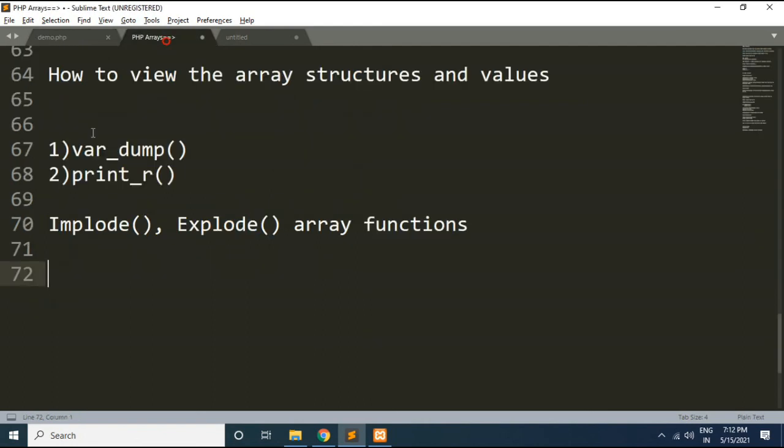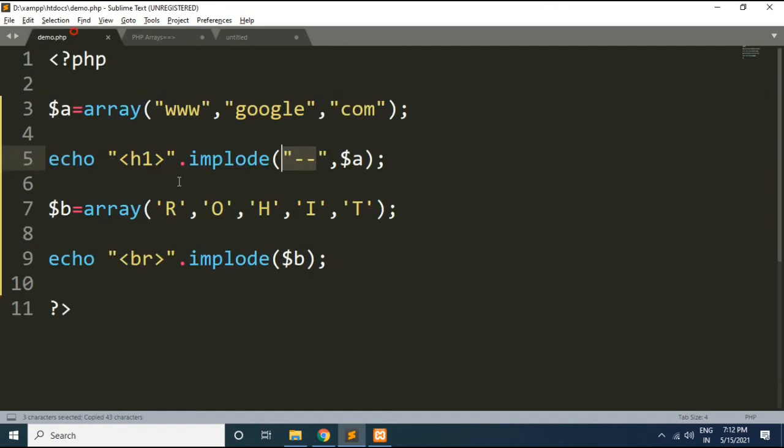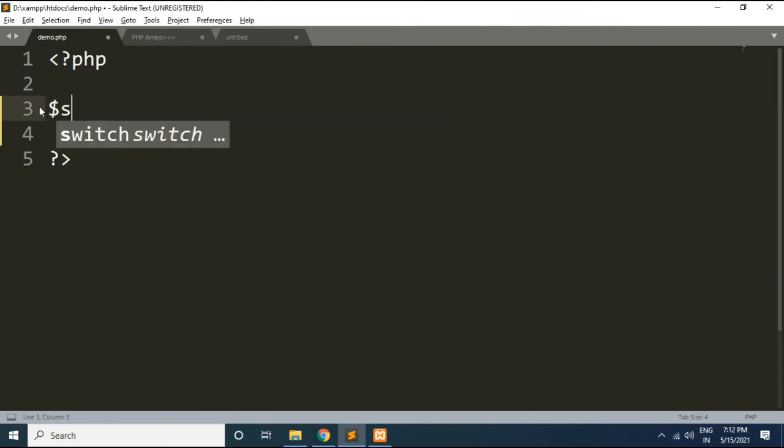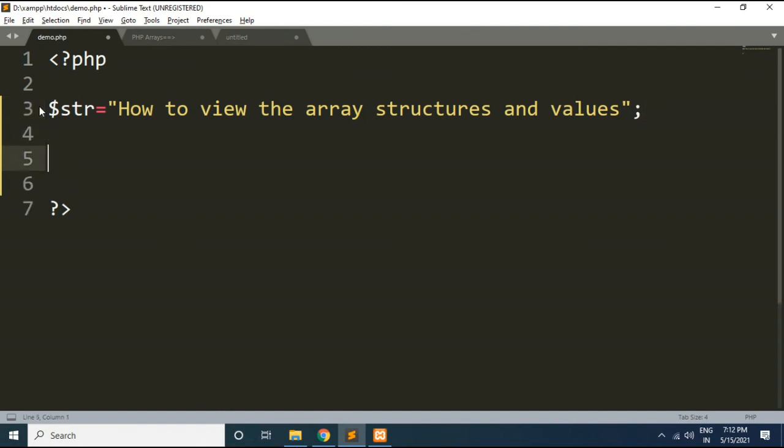Now the next function we have is the explode function. This explode function does exactly the opposite of the implode function. So this breaks our string into an array. Suppose I will copy this string here. Okay.